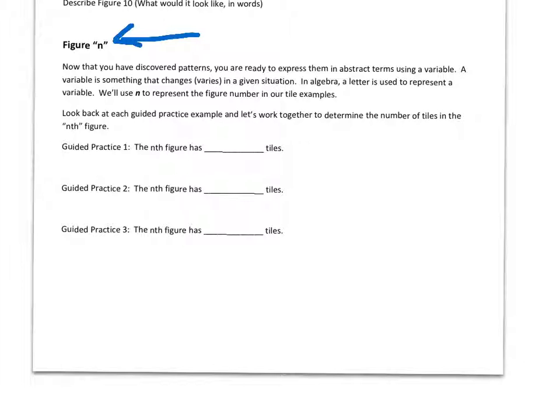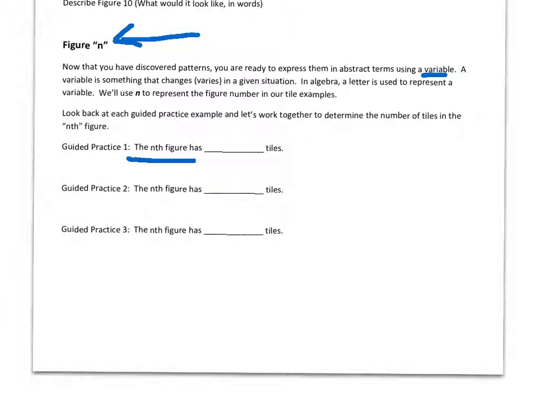So if we look at that, when we say the nth figure, we'll go back and read up top here. Now that you've discovered patterns, you're ready to express them in abstract terms using a variable. Keyword. A variable is something that changes or varies in a given situation. In algebra, a letter is used to represent a variable. We'll use n to represent the figure number in our tile examples. Look back at each guided practice example, and let's work together to determine the number of tiles in the nth